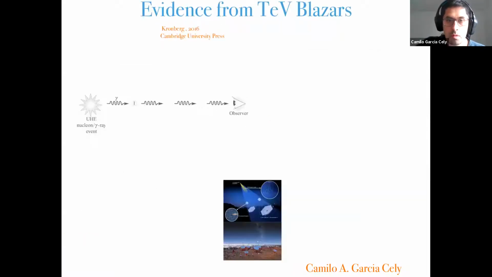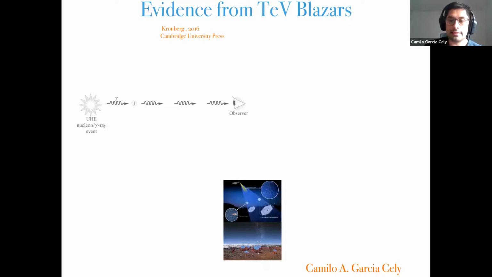And okay, this is what we aim to calculate. So I will discuss a bit these TeV blazars and how they indicate that there is a non-vanishing cosmic magnetic field. These are very distant objects, of redshift of order 1 or below, that are producing gamma rays. Here I have a small cartoon of the situation. We have this blazar that is producing gamma rays, and these gamma rays arrive to us and are detected on Earth, for instance, at HESS or the Fermi telescope or the future CTA, whatever.